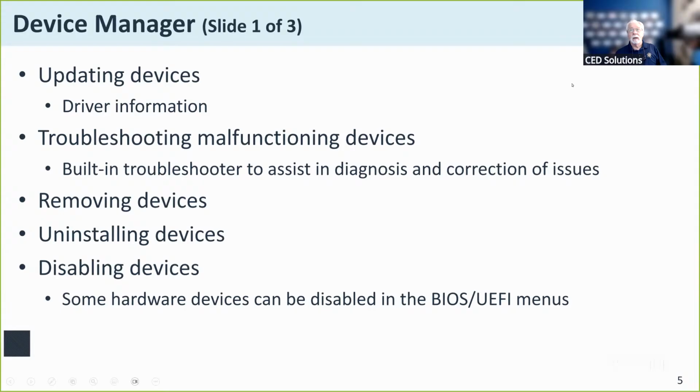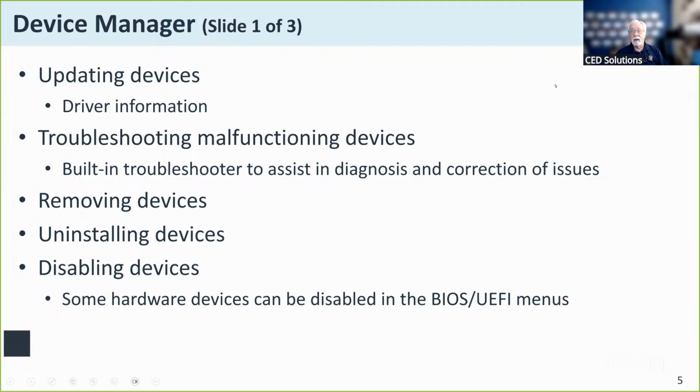So I talked about these management consoles, and I encouraged you all to make certain that you download the MMC list that I gave you. Every one of the management consoles in the Windows environment, the device manager, disk manager, computer manager, event manager, task manager, all of those have an underlying command that will bring those up as well.